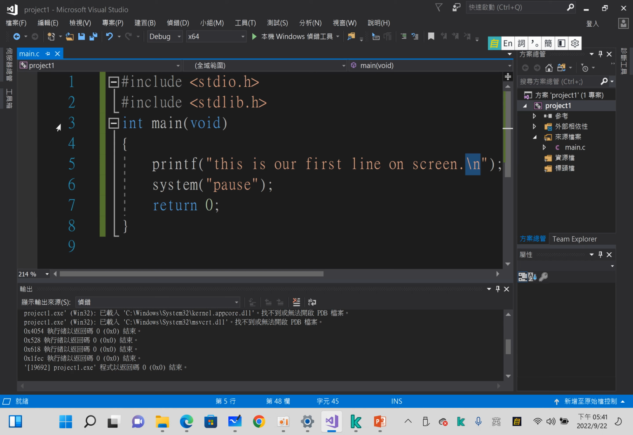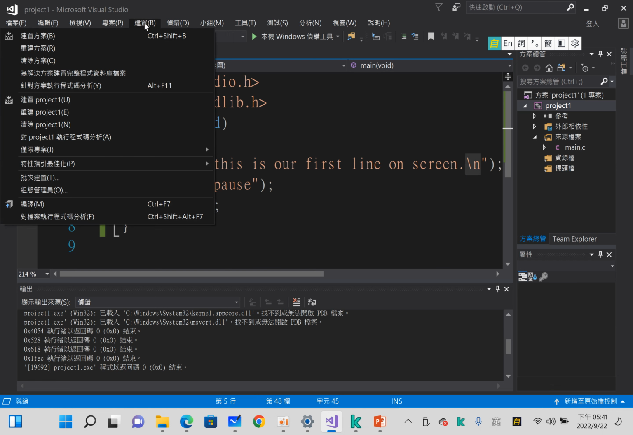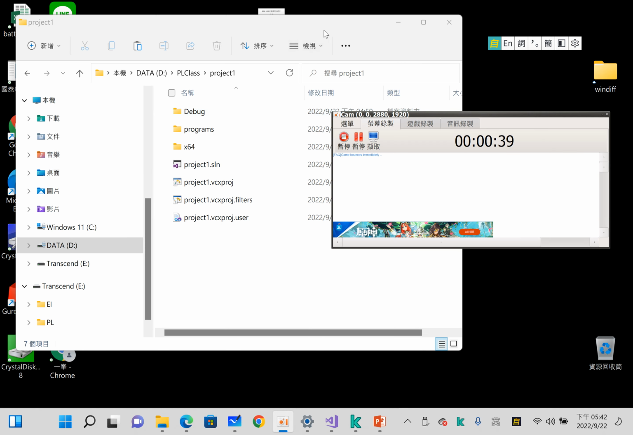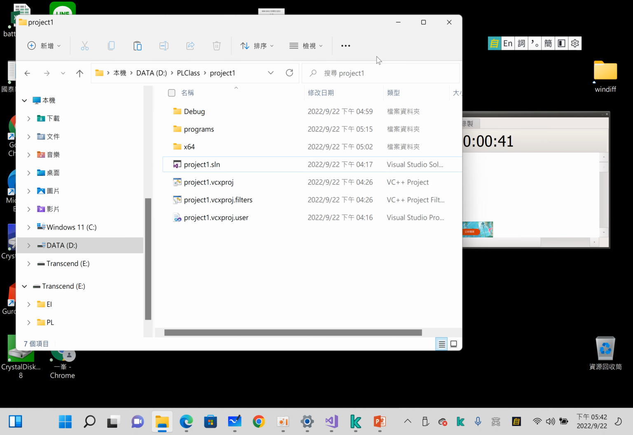Okay, this is the first C program we wrote in Visual Studio. Now what we do is 重建方案, rebuild the solution. Once we rebuild, let's go to see the file directory. Because we are using a 64-bit OS, or 64 system. This is history that